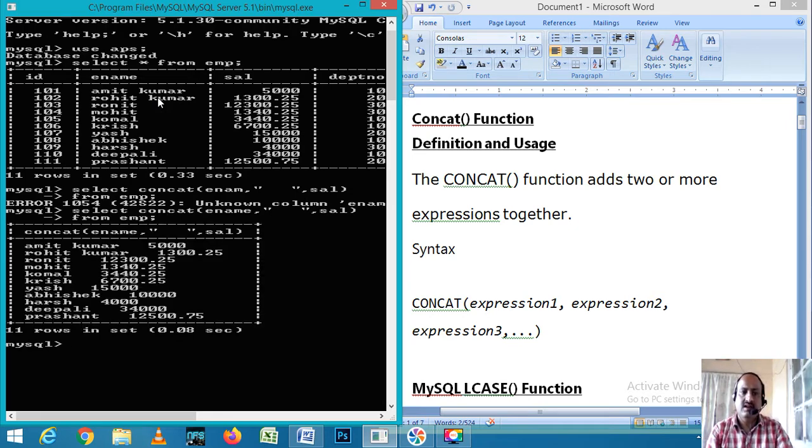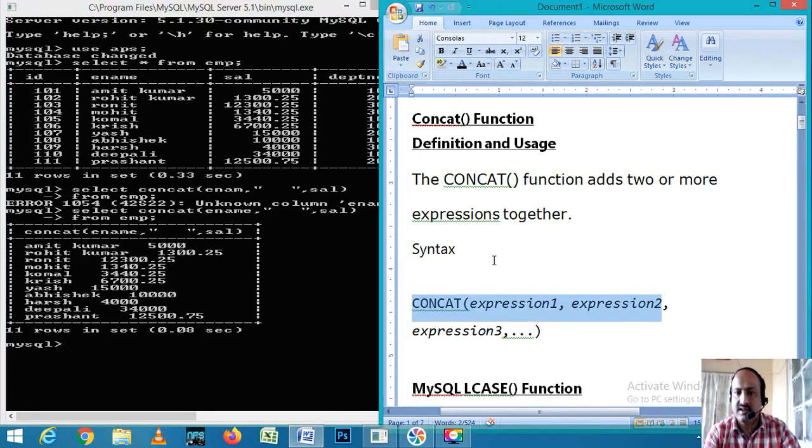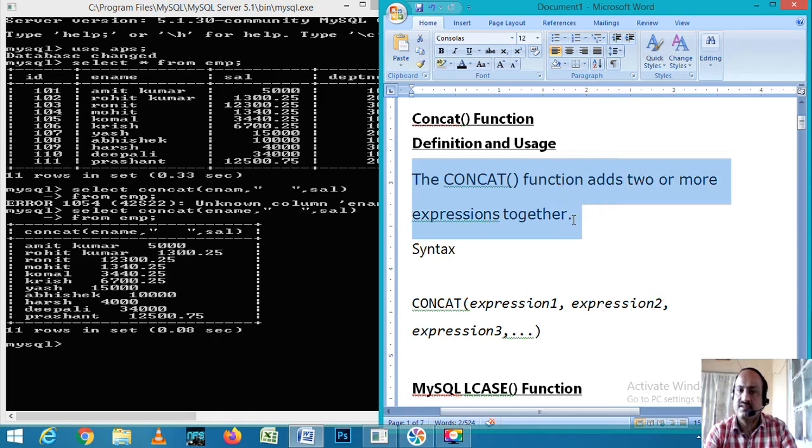Now you can check all the values are in one column, like Amit Kumar space 5000, Rohit Kumar space next value, and so on. You will get your answer. So basically concat means to add two or more expressions or two or more fields together.